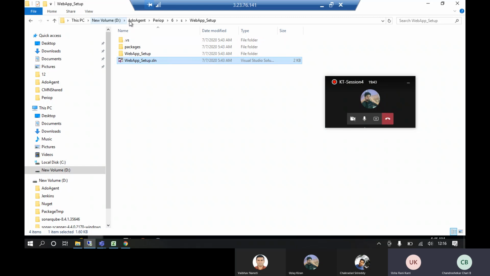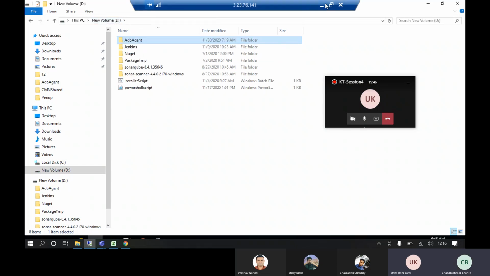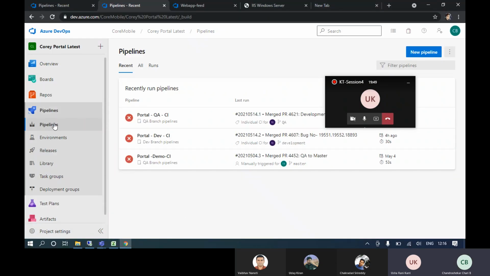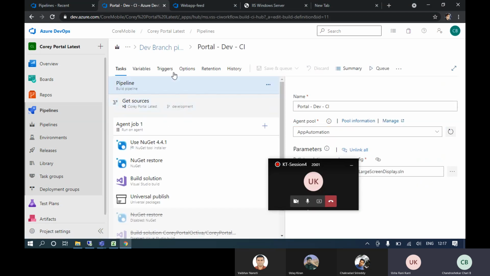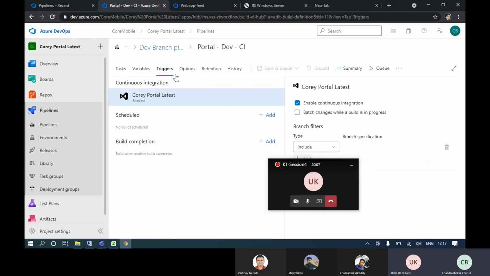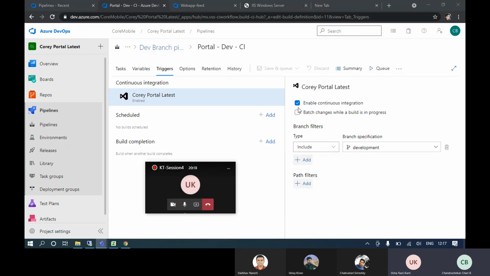And these pipelines, do they usually run, or do they request us to run? No, they will not run. We will not run. It will get automatically triggered. You can see here, if you look at the pipeline, we have enabled continuous trigger. Once they push into the development branch or QA branch, the branch triggers are there. Enable continuous integration is triggered, which is branch specific. Since it is a dev branch, dev environment pipeline, once they push into the development branch, this pipeline will get automatically triggered.